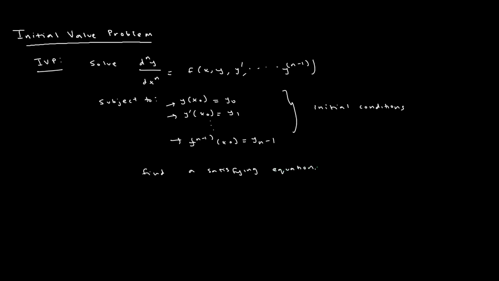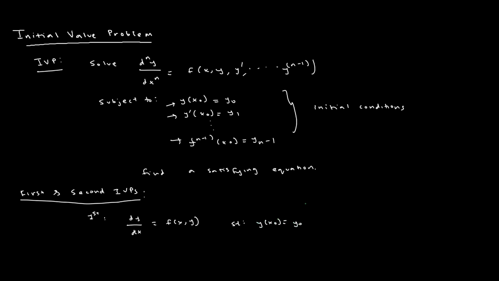Okay, and so we will focus on something called first and second order IVPs, and it's pretty guessable, but the first and second order just means the order of the highest derivative. So a first order IVP is simply something in the form of dy by dx is equal to some function of x and y, and then we're given, subject to one point, y of x naught is equal to some value y naught, and then a second order is simply